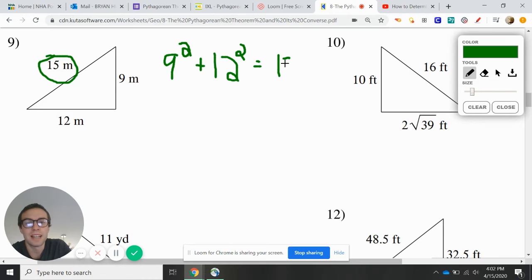If that balances out, if both sides of the equation equal each other, then it would be a right triangle. If they do not equal each other, then it's either an acute or an obtuse triangle. And I'm going to show you how to figure that out right after this. So you would solve this side, then solve this side, and see if it ends up balancing out on each side. So that's for 9, 10,